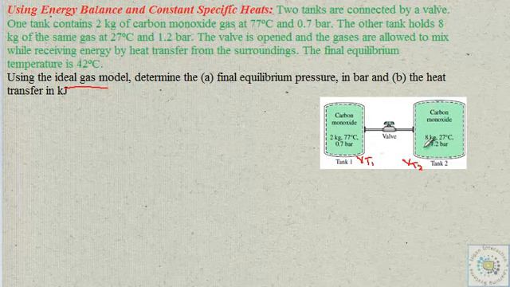But what will happen after you open this valve? The carbon monoxide will be allowed to flow to the other side, and things will then be equal for the two tanks. Like at equilibrium, whatever pressure and temperature at tank 1 will be the same as that of tank 2 because they are now at equilibrium. Essentially,